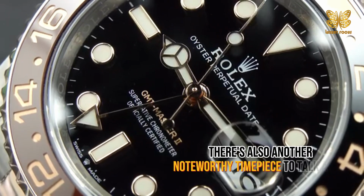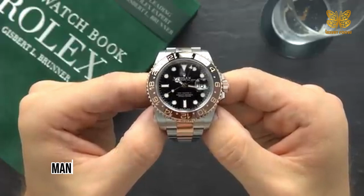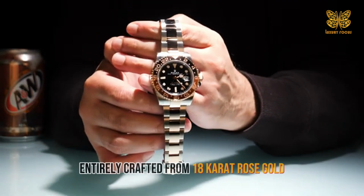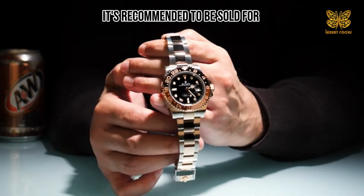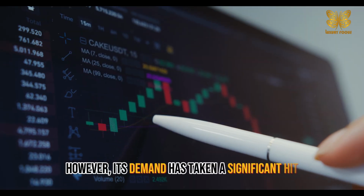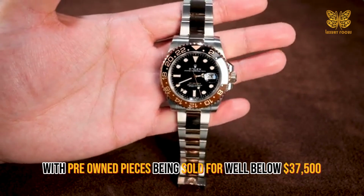There's also another noteworthy timepiece to talk about, the Full Rose Root Beer. Many of you have an affinity for this exquisite watch, entirely crafted from 18-karat rose gold. It's recommended to be sold for approximately $44,000. However, its demand has taken a significant hit, with pre-owned pieces being sold for well below